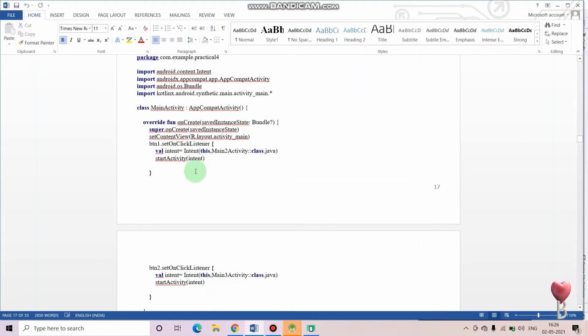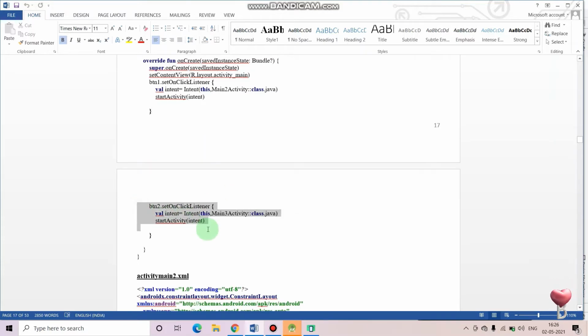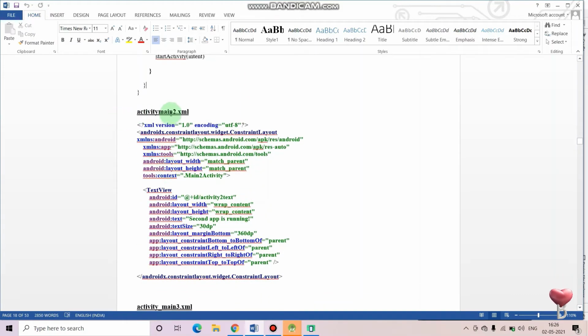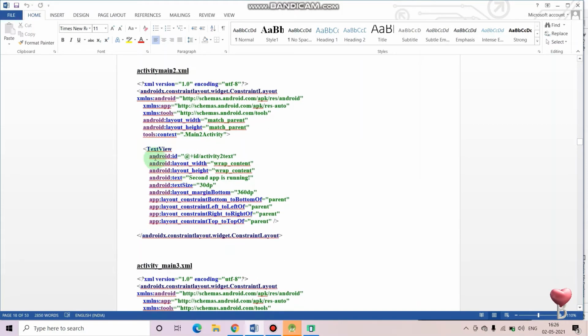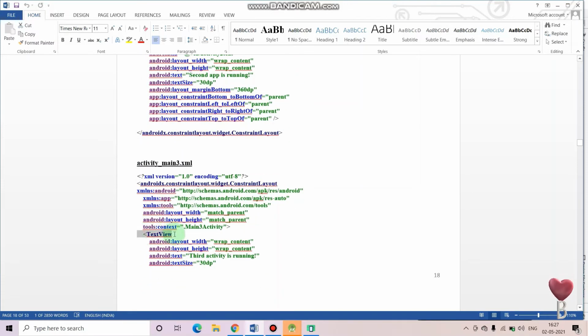Then the other thing you have to do is, in button 2, specify Main3Activity. In activity 2 I have created one text view, and in the third activity I have also created one text view.